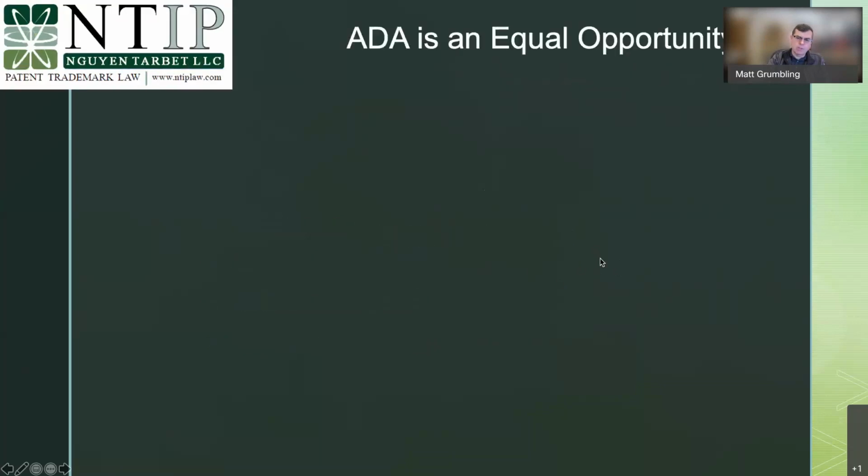So here's our ADA refresher. The ADA is an Equal Opportunity Act. I think that's important to keep in mind when you're looking at this. Why is that important? Well, it was modeled after the Civil Rights Act of 1967, and these types of laws are classified by the Supreme Court and by the lower courts as being a remedial statute. And what does that mean? Well, a remedial statute is a statute that is adopted to remedy some problem. There's a perceived societal ill, and Congress wants to fix it.